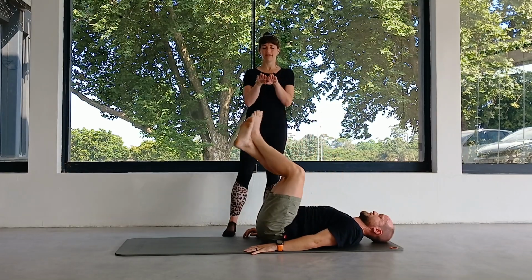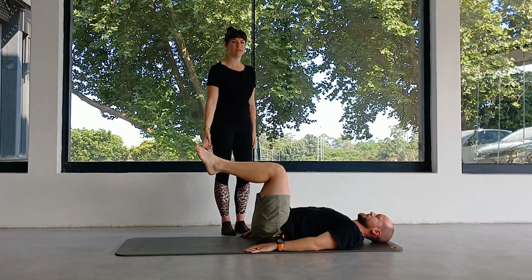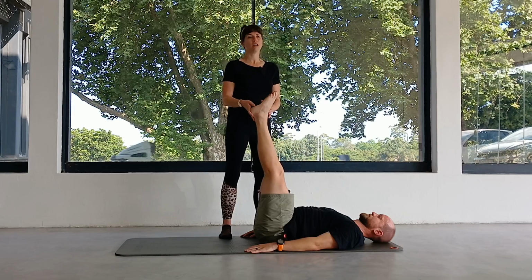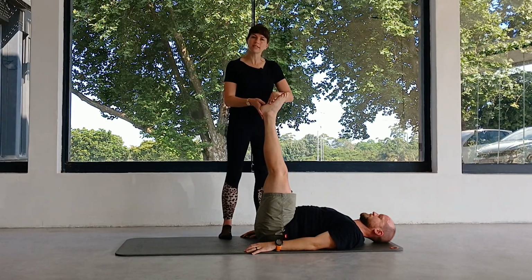Now you lift the legs in tabletop, so the feet are parallel and the shins are parallel and the hands are together. You straighten the legs up to the ceiling. So instead of using momentum, we're going to use control. You're not going to lower the legs down to the floor. You're going to keep the legs up in the air the whole time,